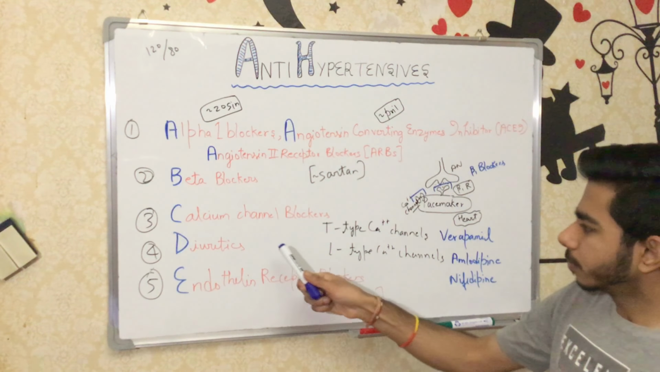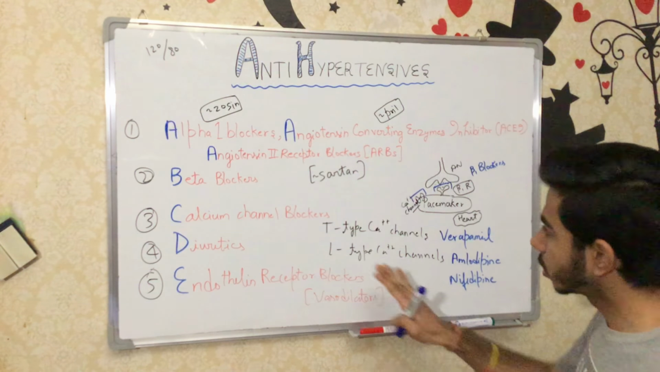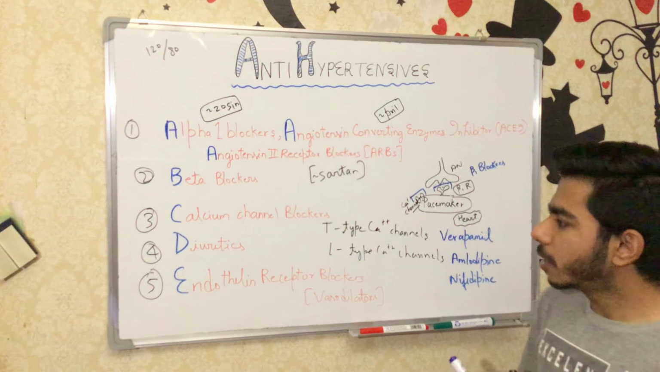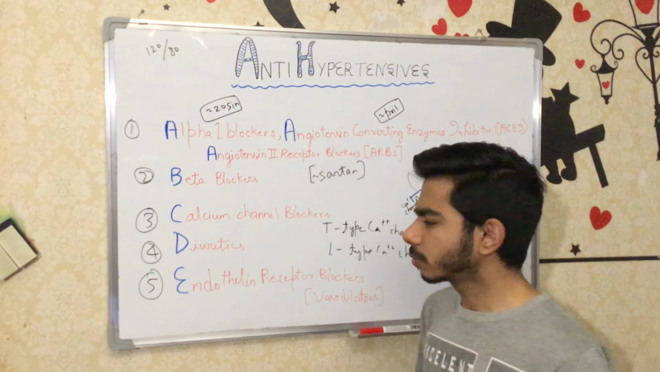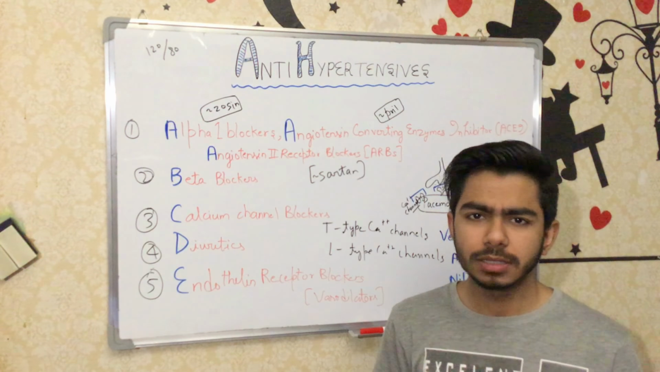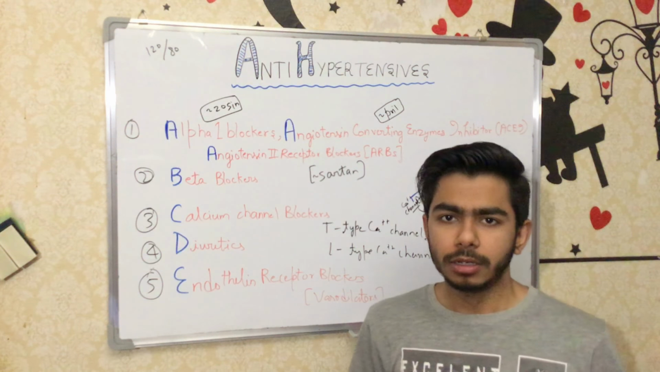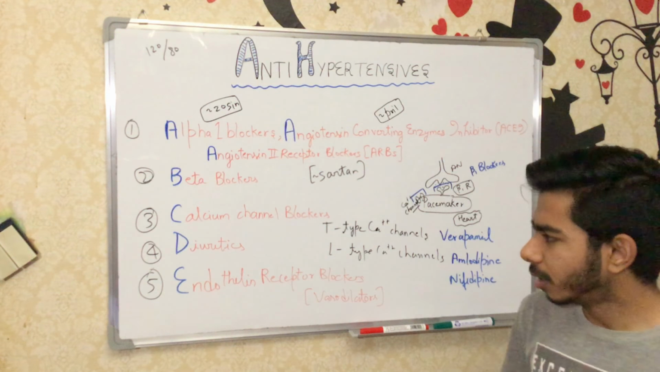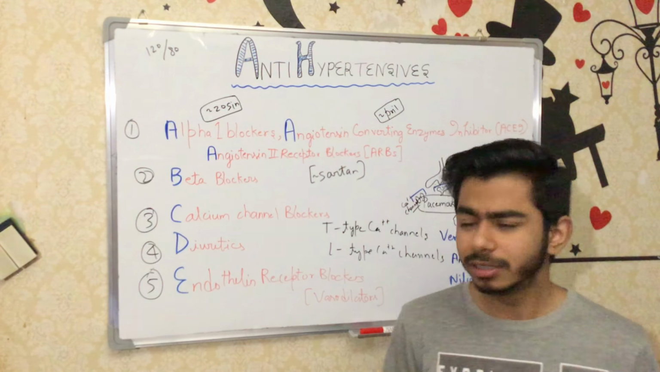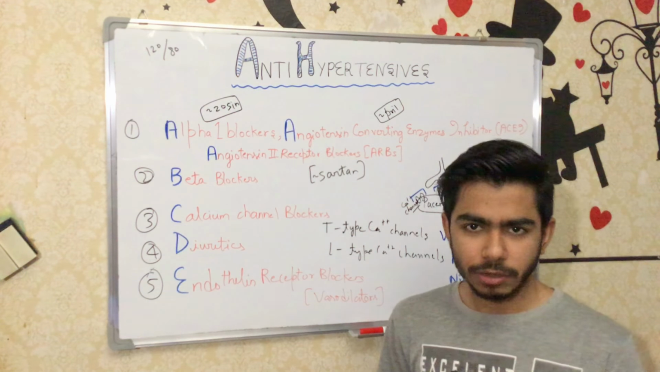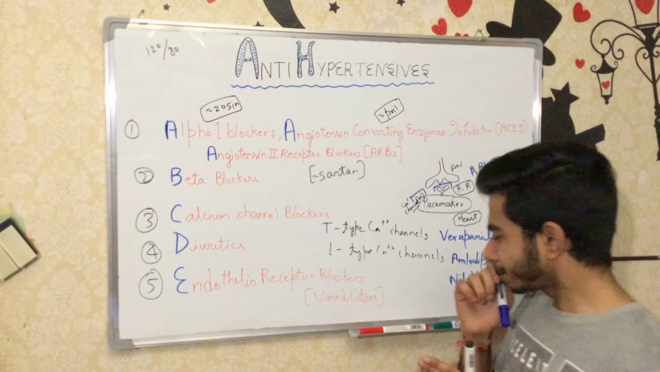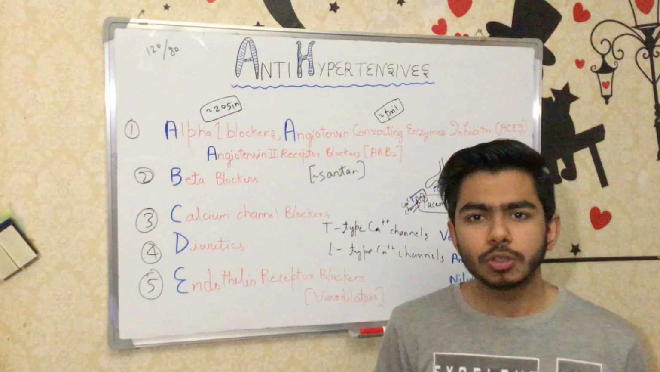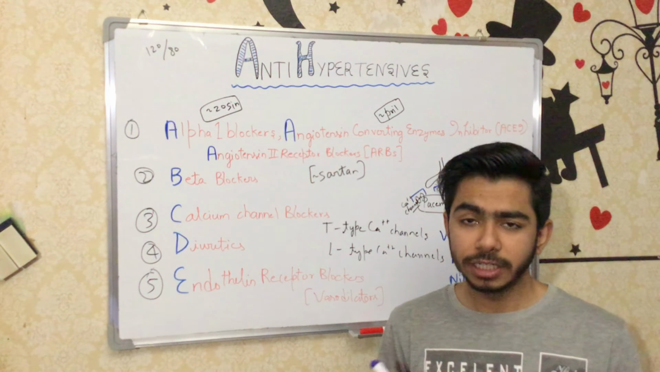Now, as we have already discussed the calcium channel blockers, let's talk about diuretics. In diuretics, we have loop diuretics, thiazide diuretics, and potassium sparing diuretics. So there are different classes of diuretics, and I will talk about them in detail in a different video about diuretics. So how do they work? They actually flush out the sodium and water from our body, and that's how they decrease